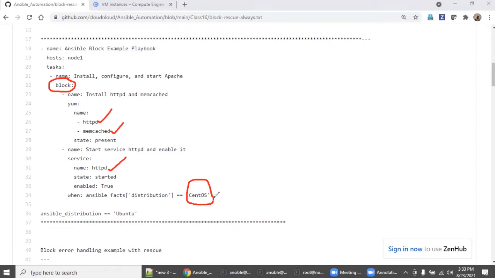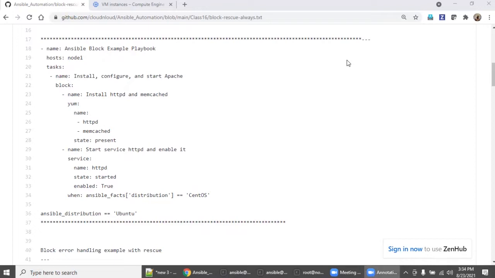The server should be CentOS. For now, just to make you comfortable, I'm mentioning node 1, but in real time you mention some group name. The group may have CentOS servers, Ubuntu servers, SUSE servers, Windows servers, but at the end of the day, this has to be applicable to this group of servers.